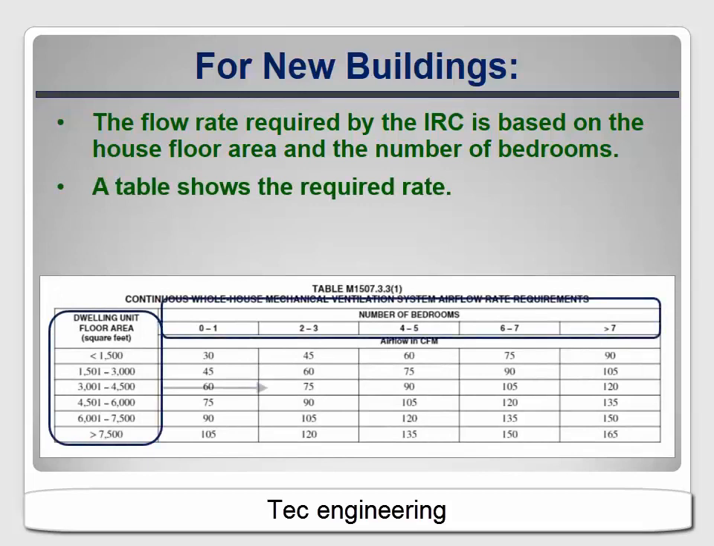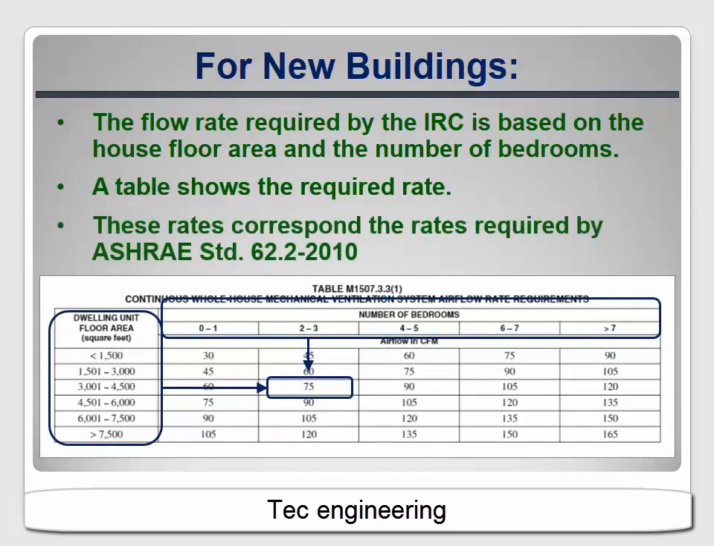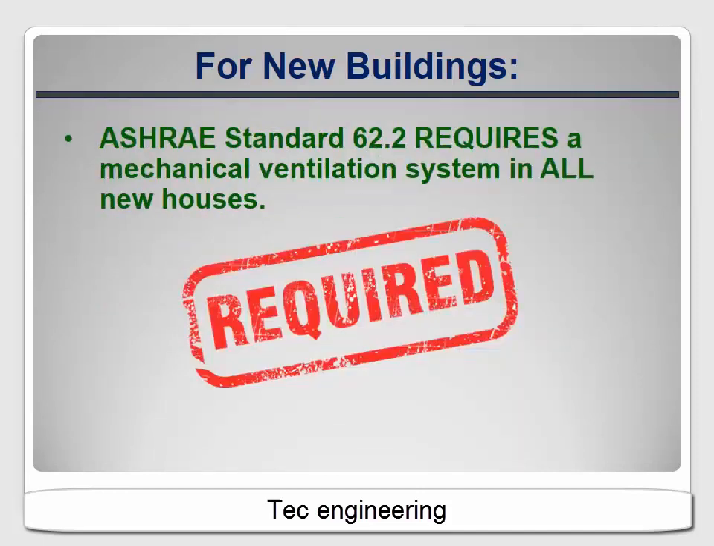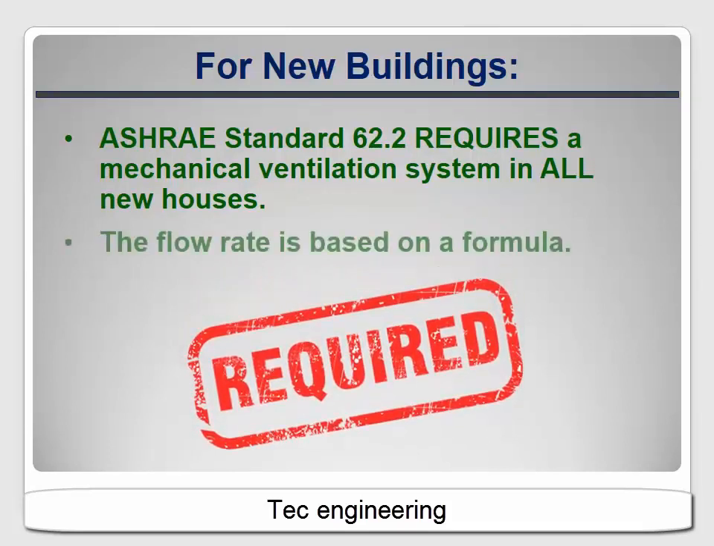The rates on this table are the same as those required by the 2010 version of ASHRAE Standard 62.2. But ASHRAE 62.2 requires a mechanical ventilation system in all new houses, regardless of how tight they are. Of course, this isn't code, so it's not required by law. But if you're participating in a program that specifies compliance with ASHRAE 62.2, like Energy Star Homes or LEED for Homes, then installing the ventilation system is required, and it must deliver a flow rate that's calculated based on a